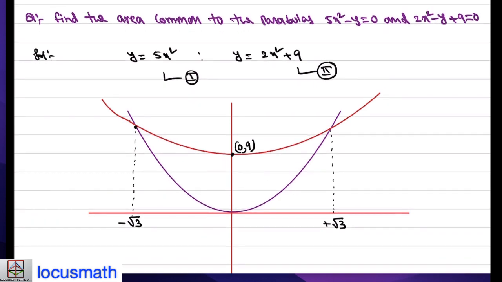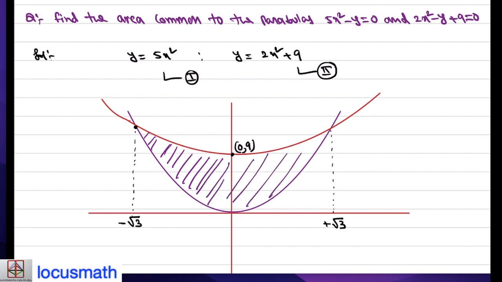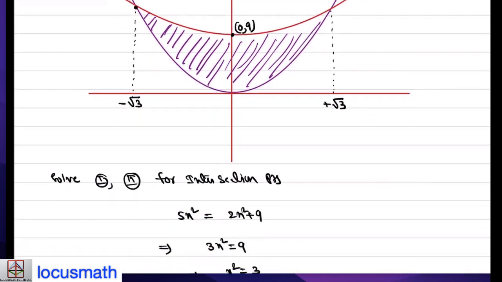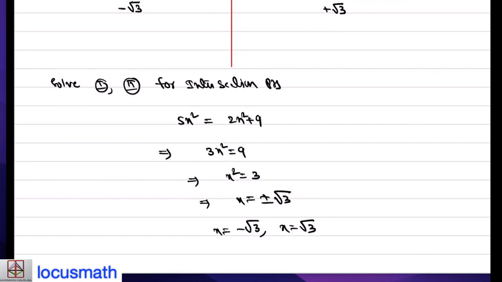So our required area is the area bounded by these two parabolas. So this is our required area. We need to find this shaded area. Now what we do is,